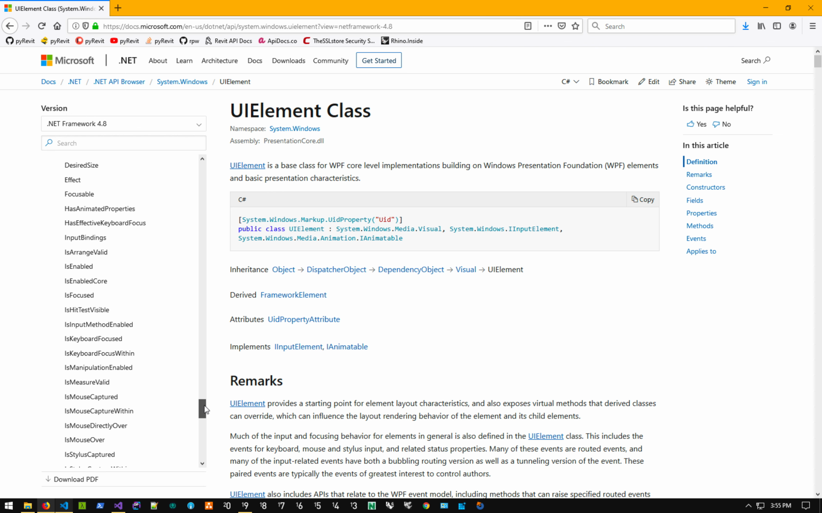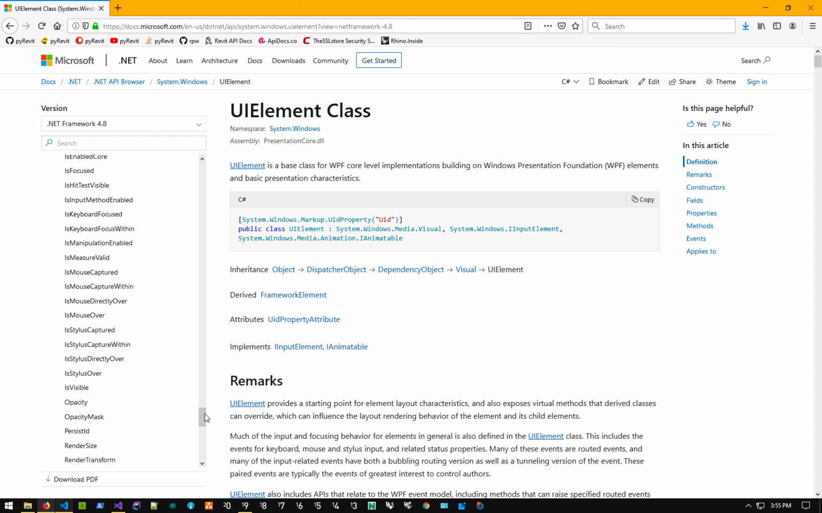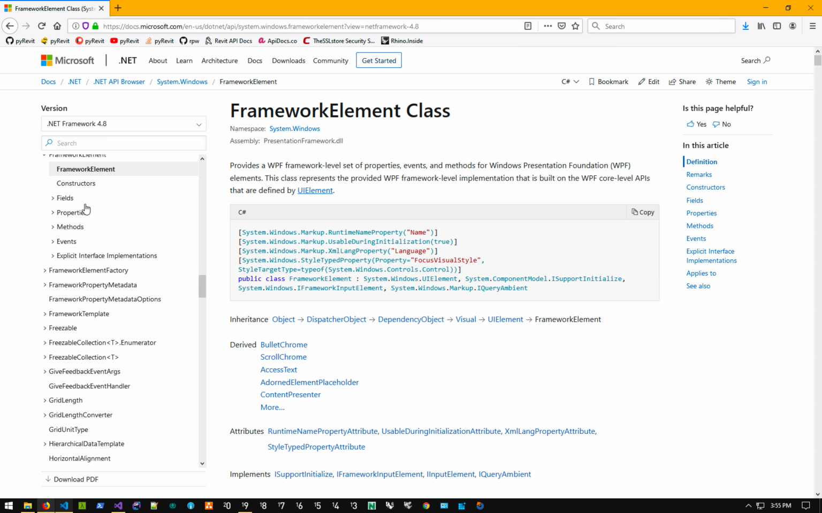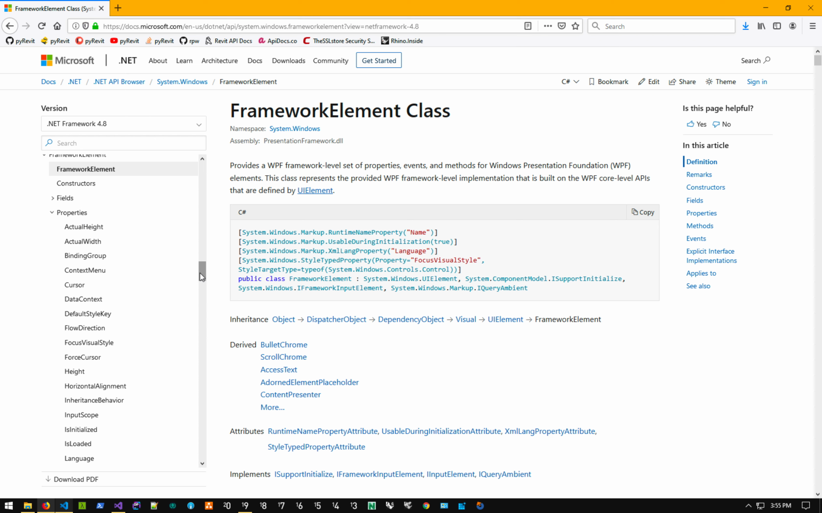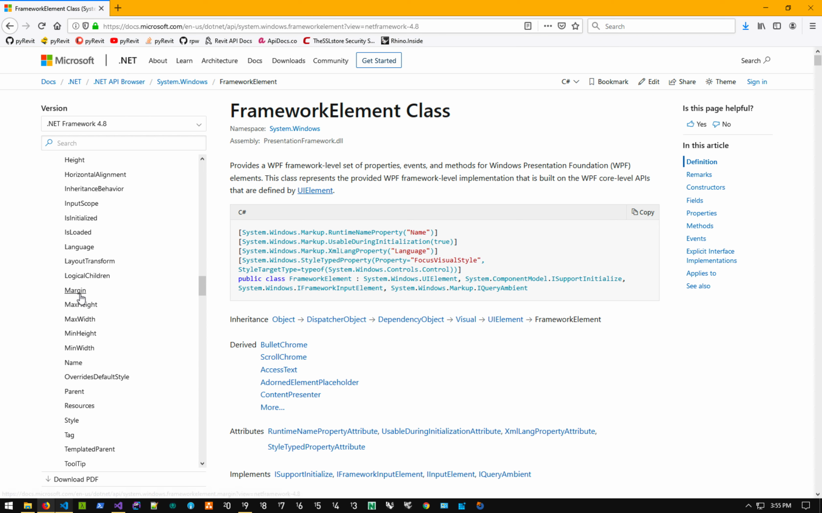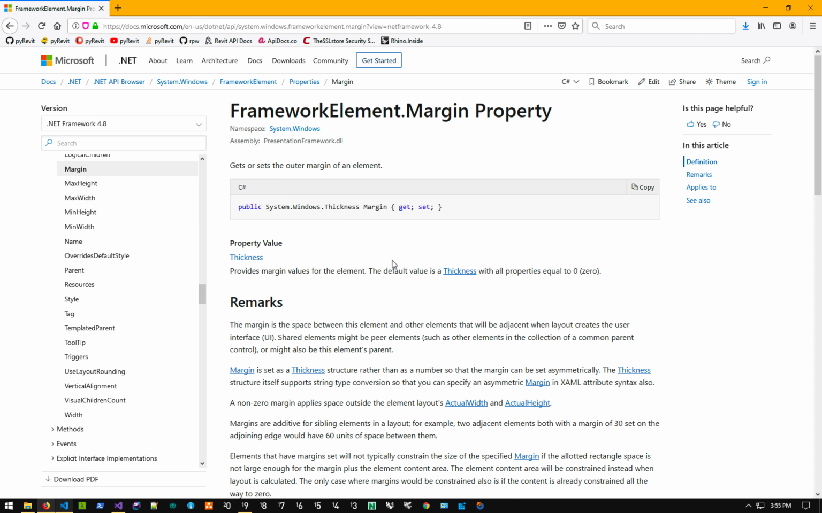I don't see it here. LMNO, no. Maybe it was the framework element then. Let's go take a look at these and see if we can find it here. Okay, sweet. So margin is a property of the framework element, which is a couple of parents of the stack